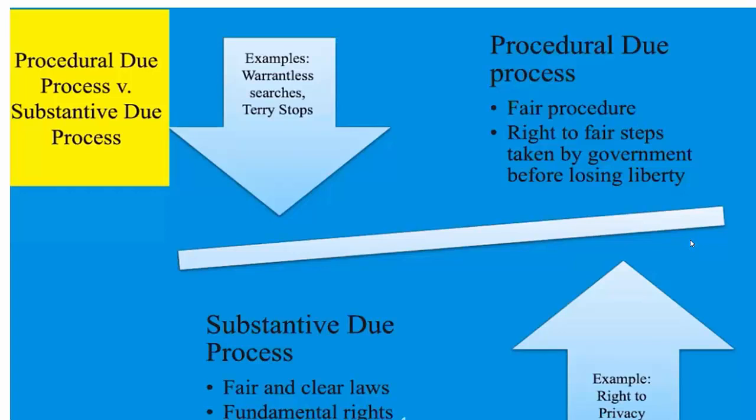They have identified what we refer to as procedural due process. When a person is accused of a crime, when the government is going to take action against that person, the procedures by which that is done, the rules the government has to follow, need to be clear and they need to be followed. The government has to follow the same steps before a person is eligible to lose their life, liberty, or property. So, for instance, they have to follow the warrant rules, right? They have to follow those procedures that the courts have put in place as a result of their interpretation